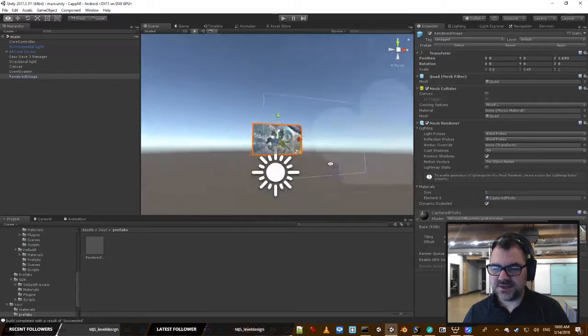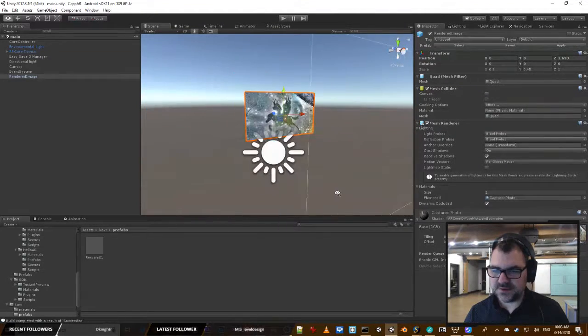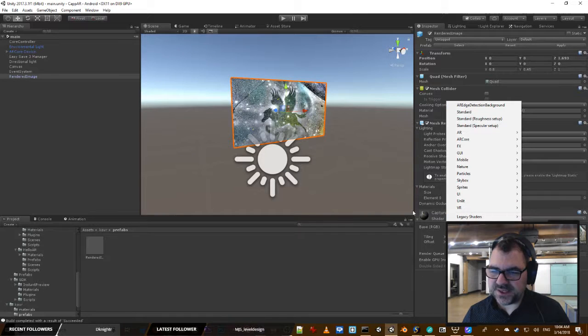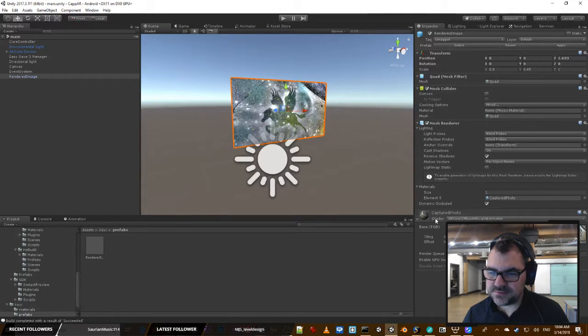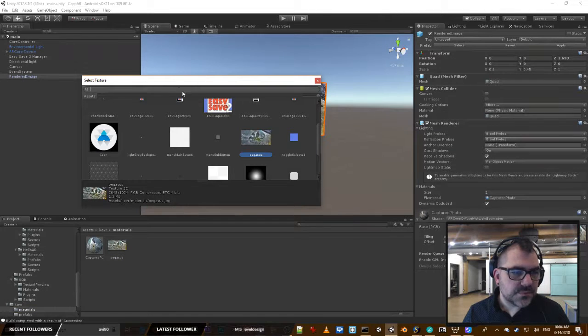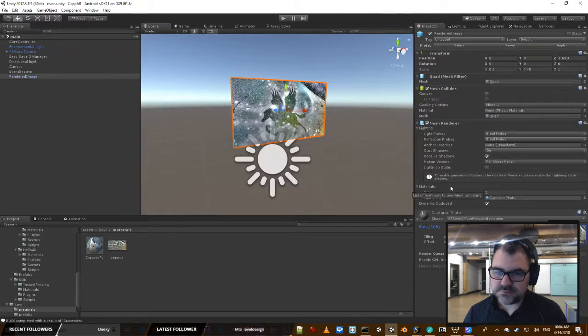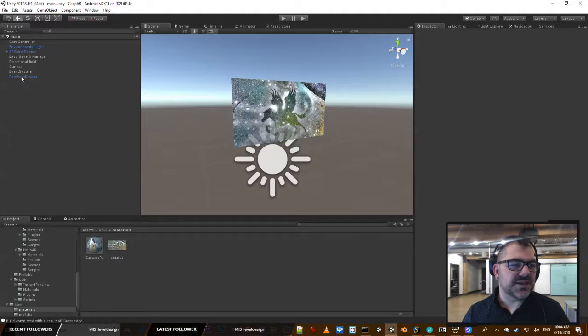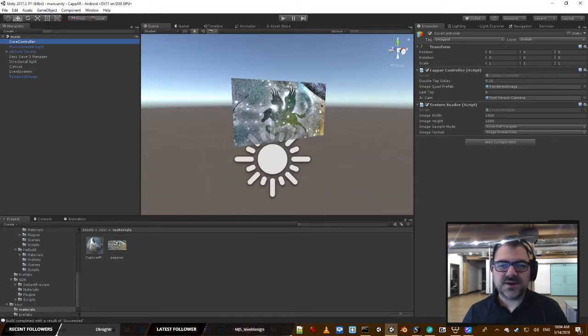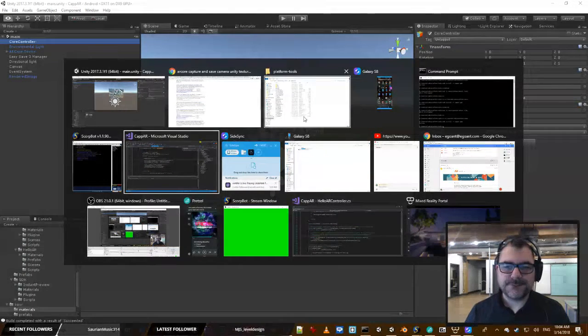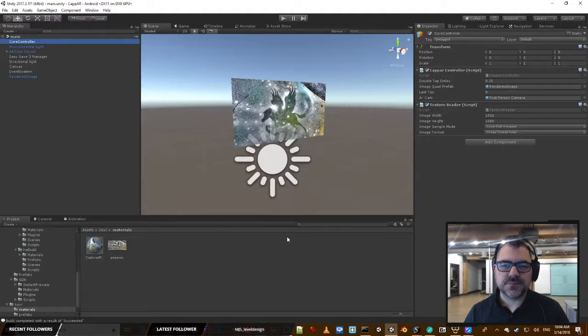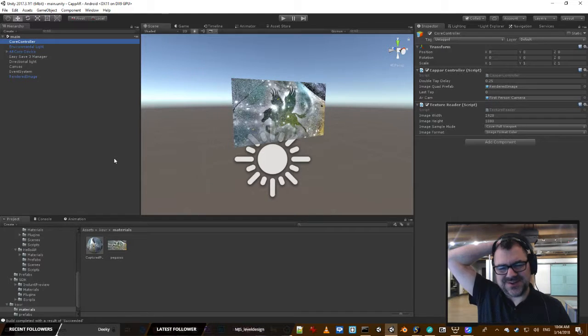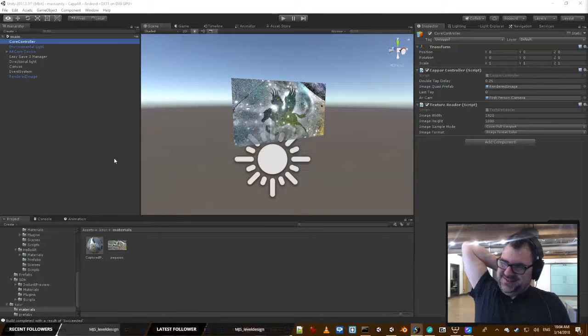So this rendered image is using the same AR core diffuse with... Okay, so let's just try something. On the controller, my brain's not working. Okay, so